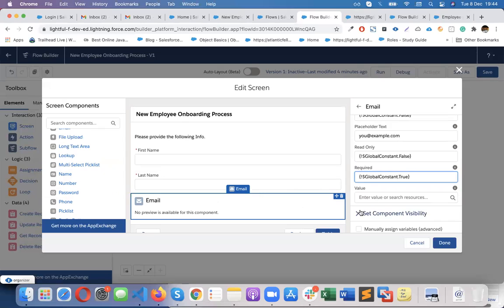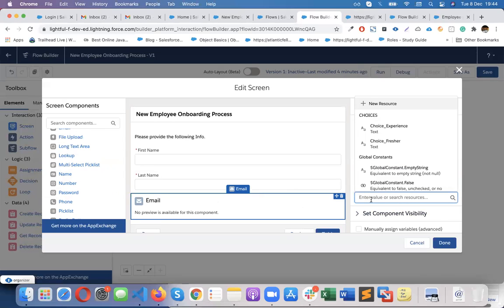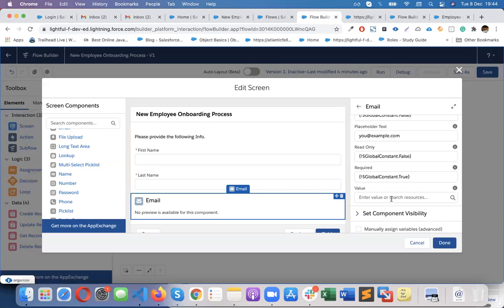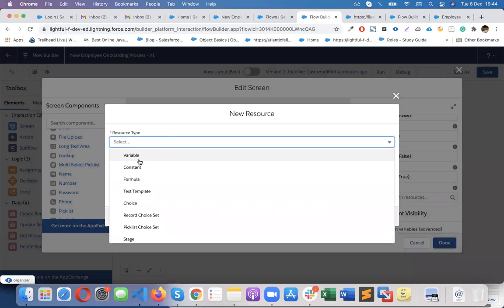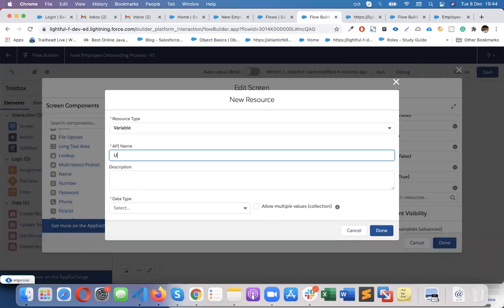So do you want to populate any values? Like you can put the value will be a new variable. I am going to store into one variable, which is UI email input. So whatever they enter it will